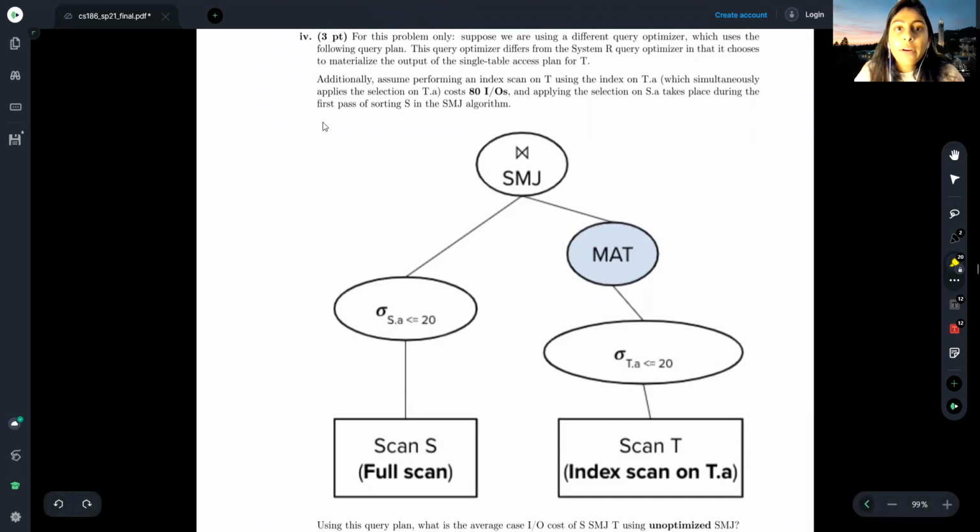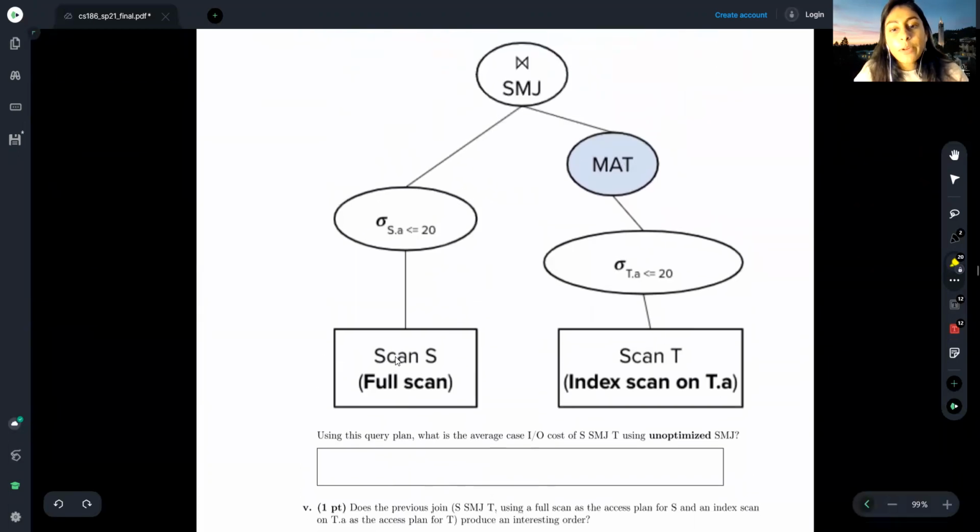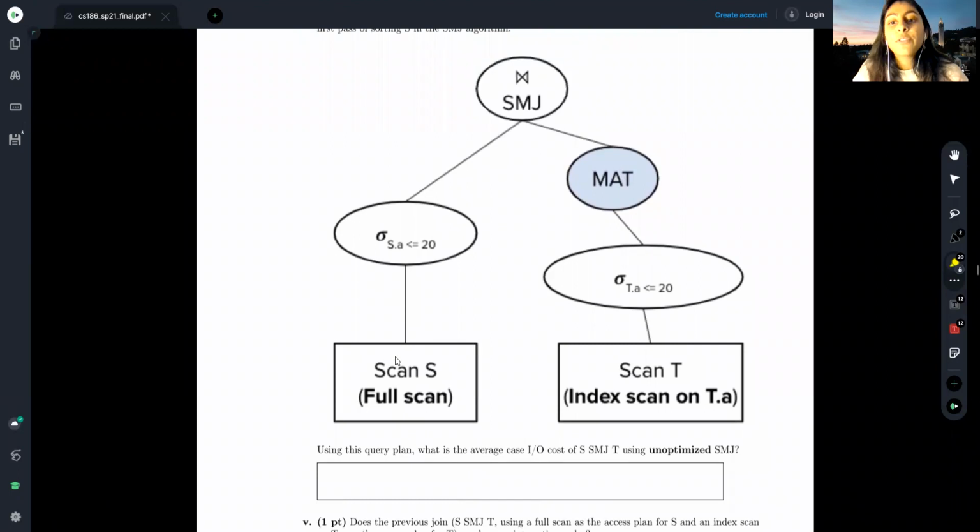All right, in part 4, we're using a different query optimizer which follows this query plan, which seems to be materializing the scan of T after having done the selection pushdown. Assume that performing an index scan on T using the index T.A costs 80 IOs, and applying the selection on S.A takes place in the first pass of sorting S in the sort merge join algorithm. So using this query plan, what's the average IO cost of using the sort merge join on S and T